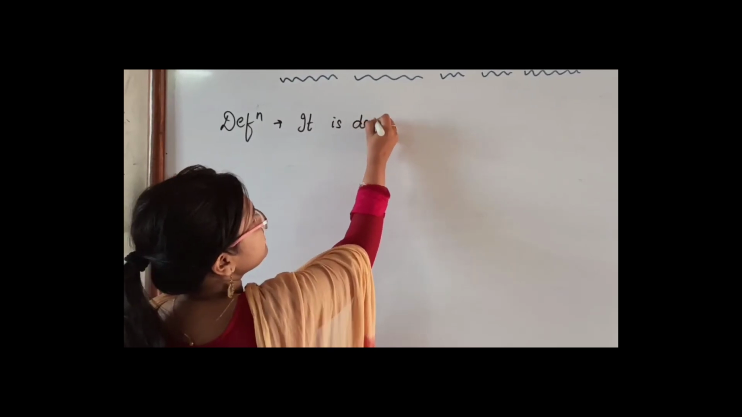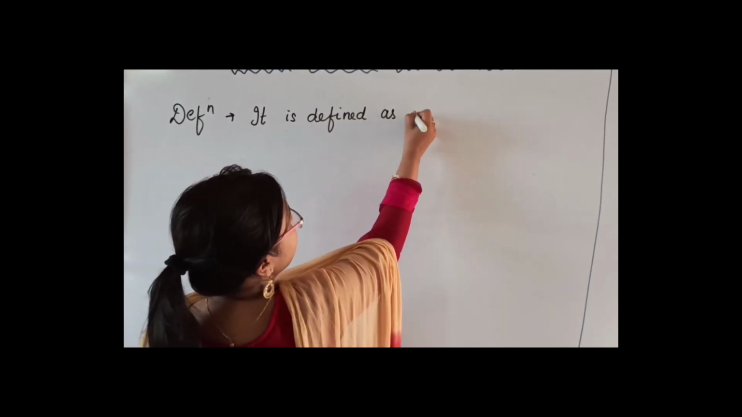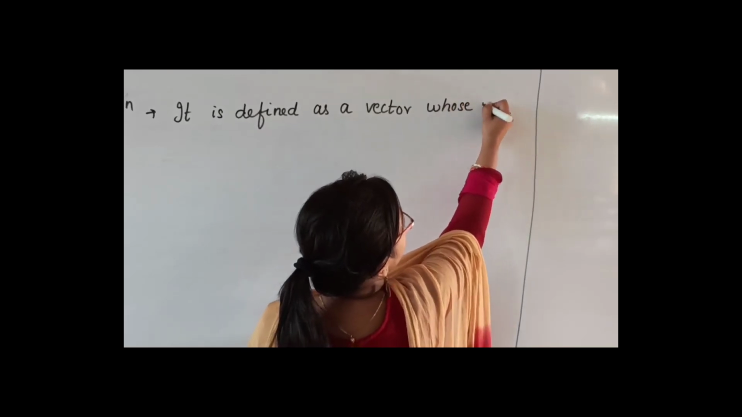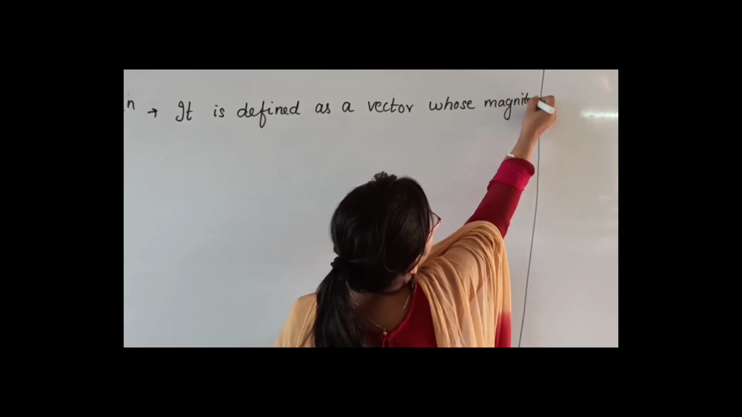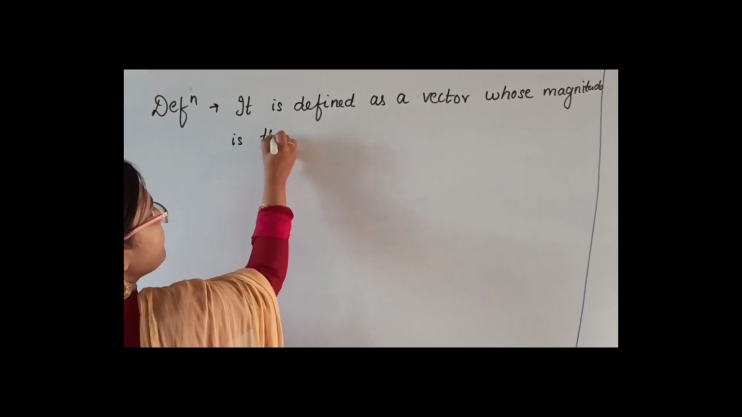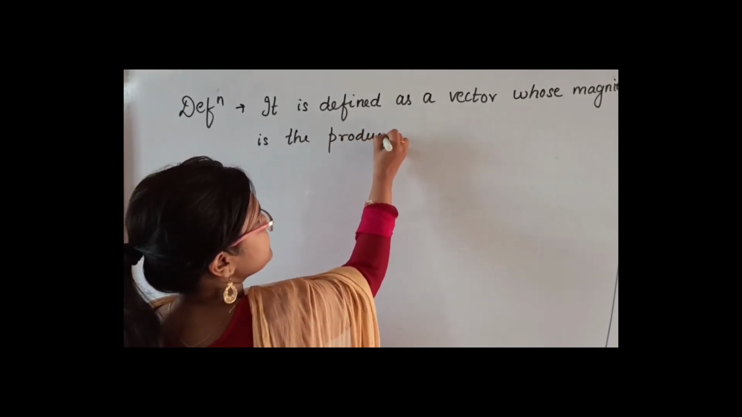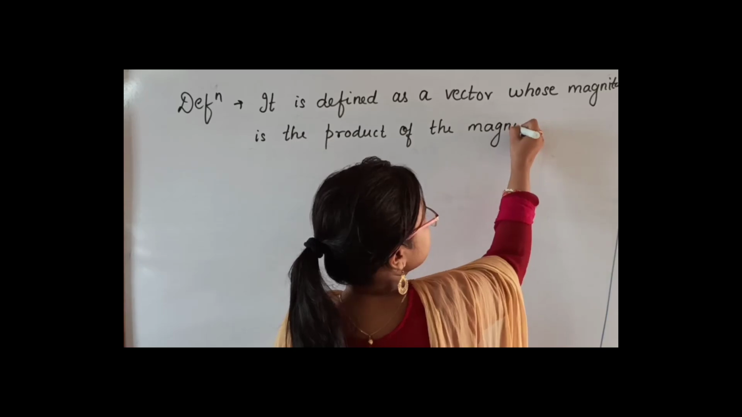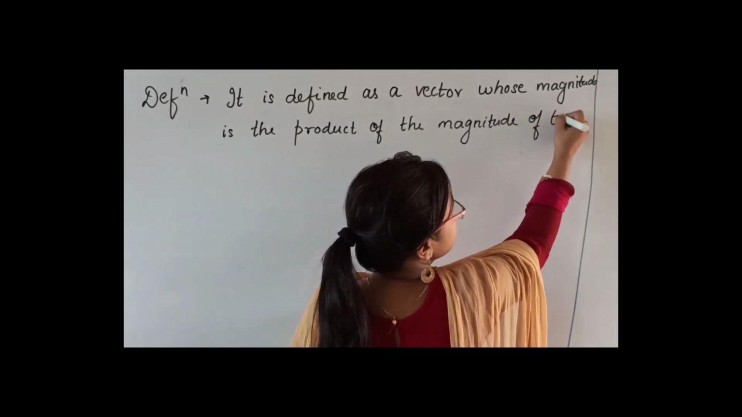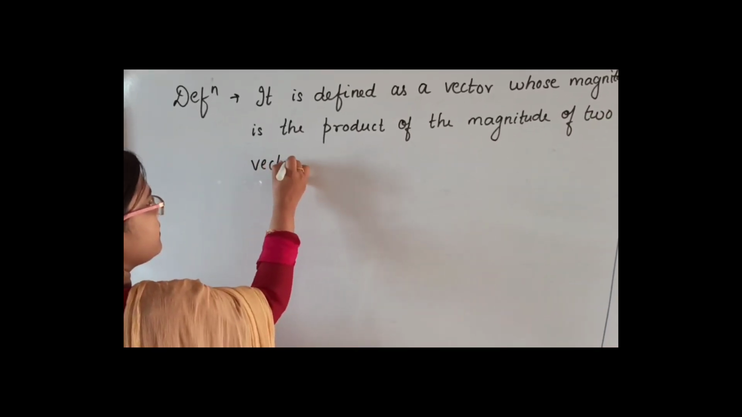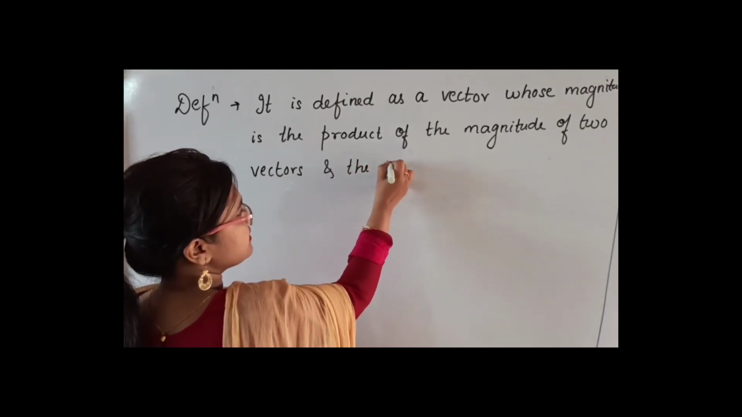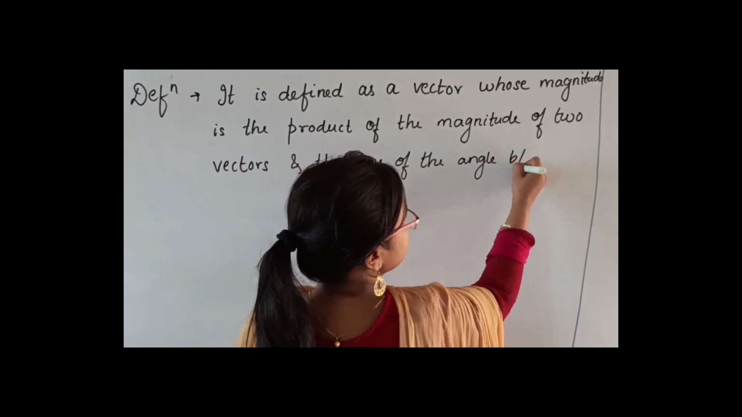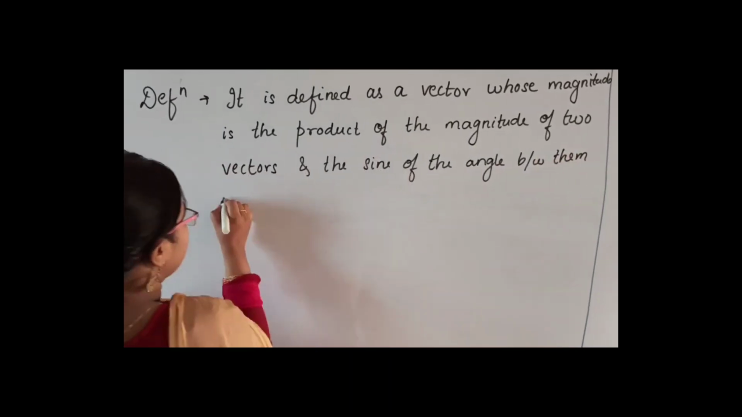that it is defined as a vector whose magnitude is the product of the magnitudes of the two vectors, and the sine of the angle between them. And its